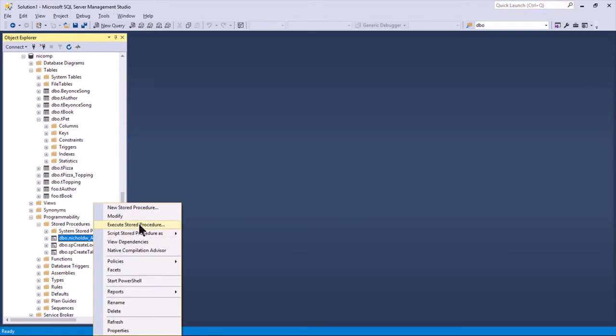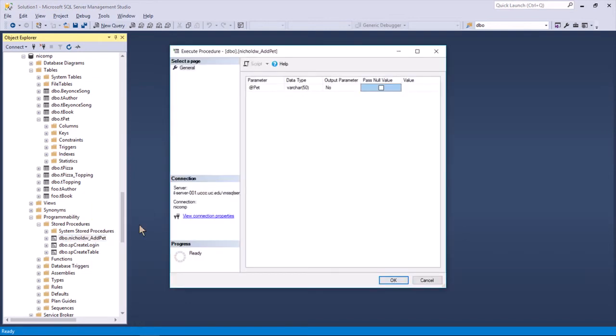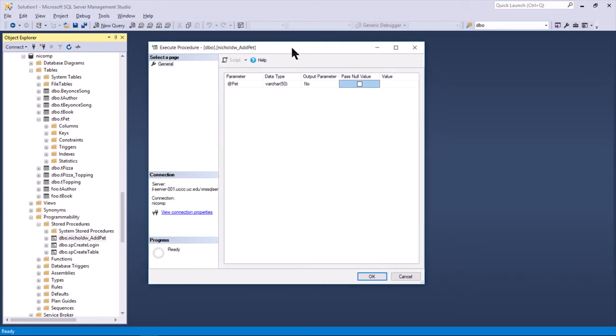I flip back over to SSMS. I right-click on the stored procedure in the stored procedures folder. I select execute. After a brief pause, I get another dialog. This stored procedure has not yet been executed. We're still getting ready to do that. And here